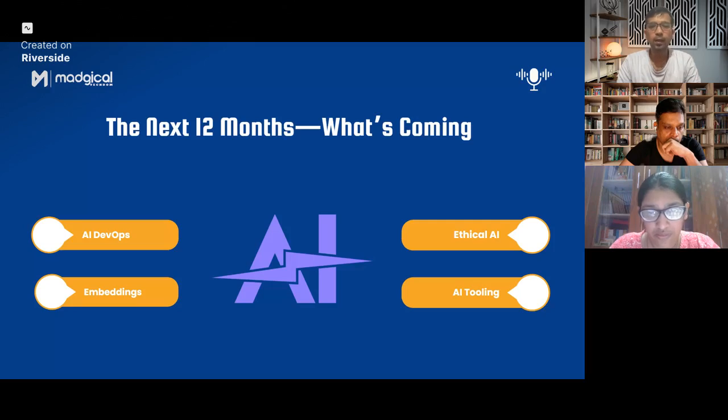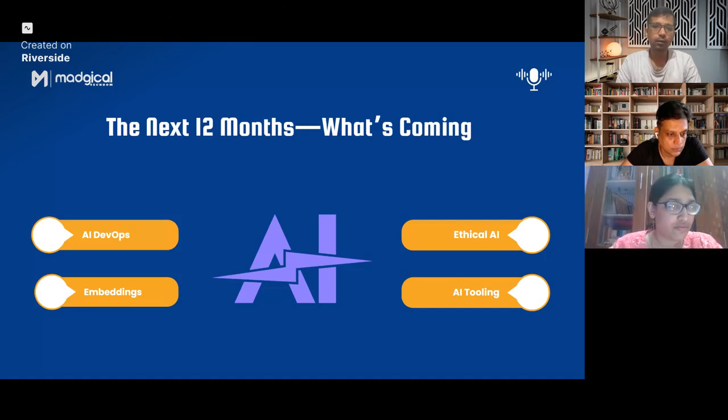Then ethical AI. Again, there we have found various issues where LLMs hallucinate and provide some objectionable content. So that needs a better strategy, better planning to introduce guardrails from the beginning itself, so that the end user customer should never